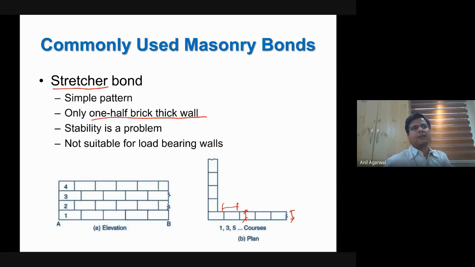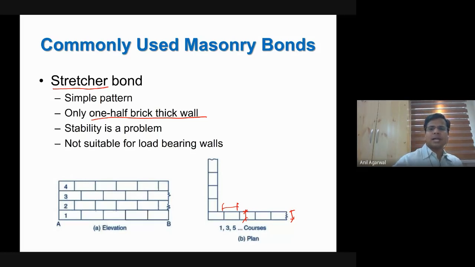Okay, this kind of walls can be used for internal partitions. Correct. So if you have an apartment and you want to erect a wall, but the wall is not going to support the slab. Slab is already there, which is supported on the beams, and you just want to fill that gap. So then you can go for this half brick thick wall.